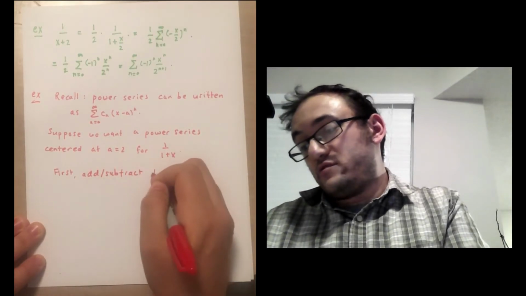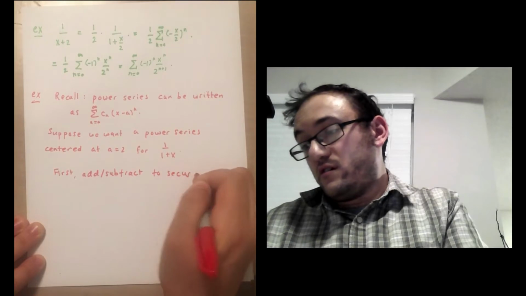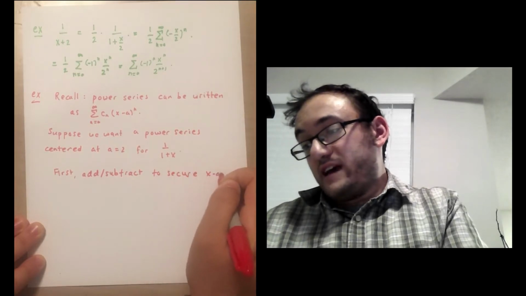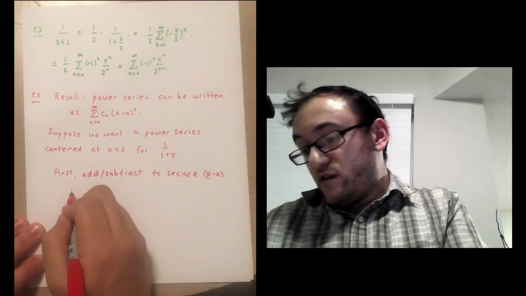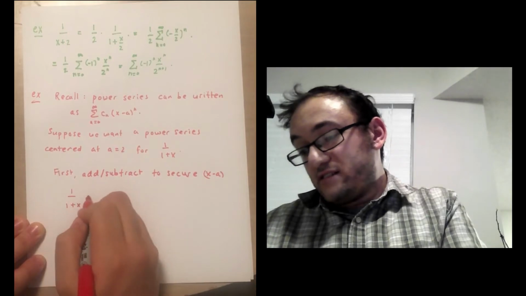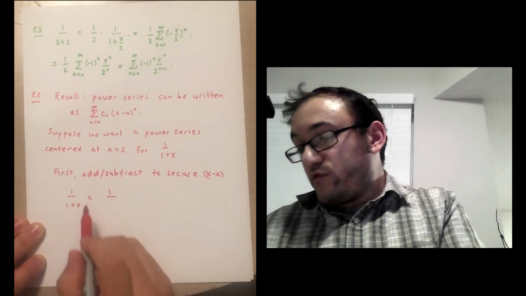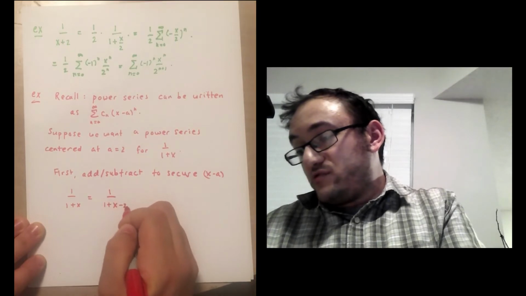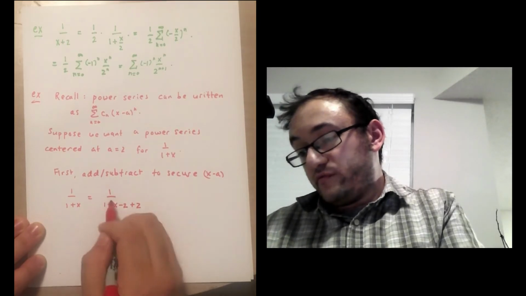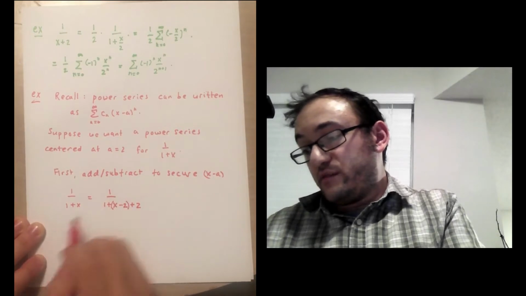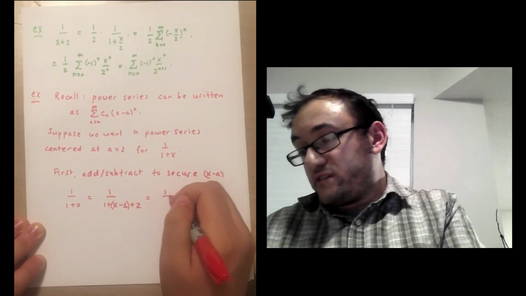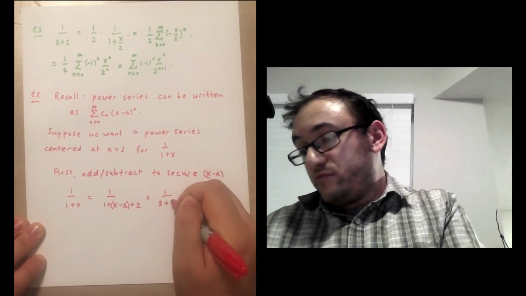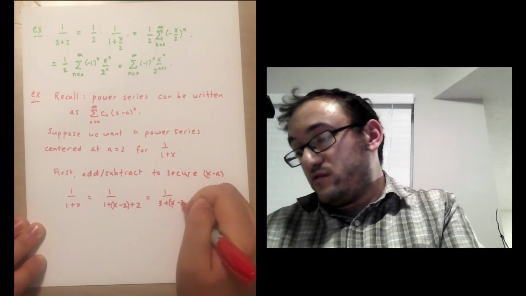Add and subtract to secure x minus a. Okay, so for us, 1 over 1 plus x is the same as 1 over 1 plus x minus 2 plus 2. Okay, and this is the expression that we want, so we can group this as 1 over 3 plus x minus 2,